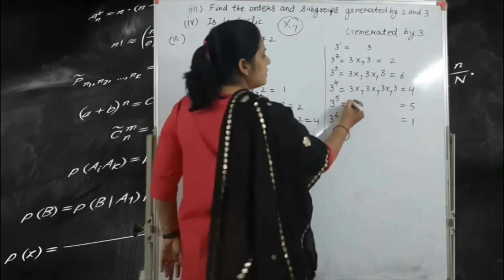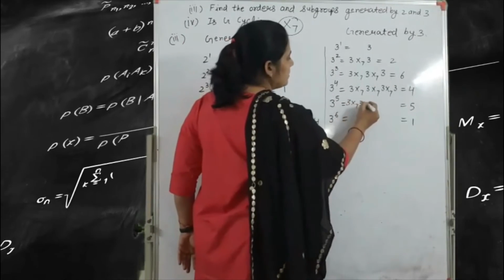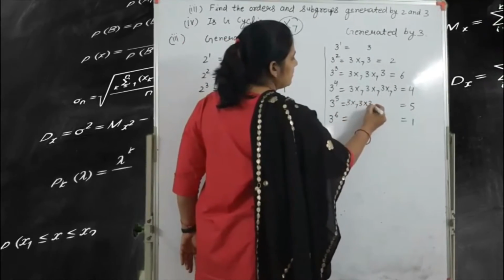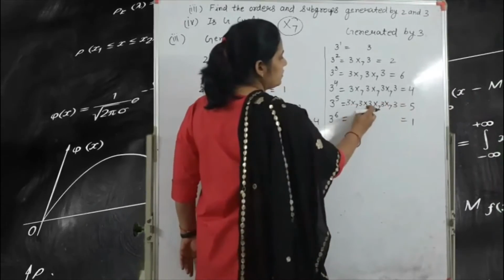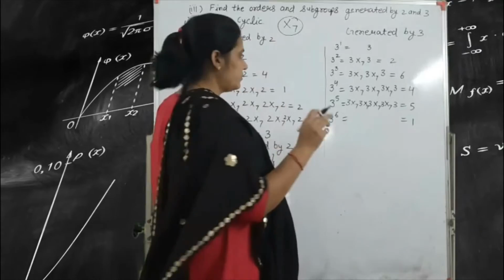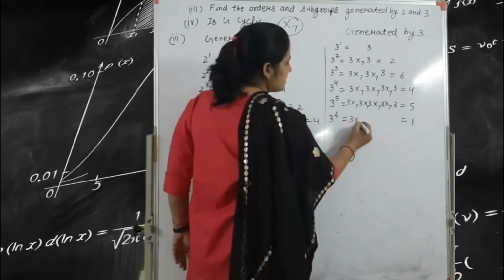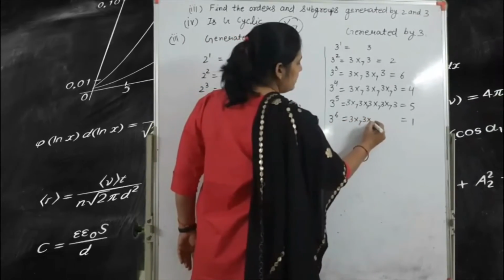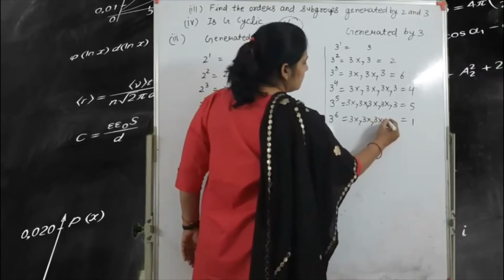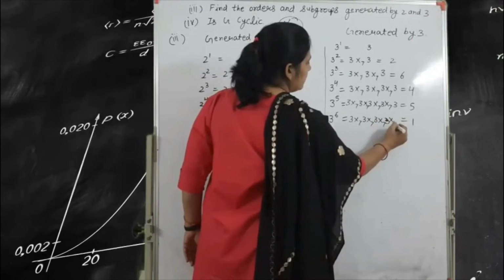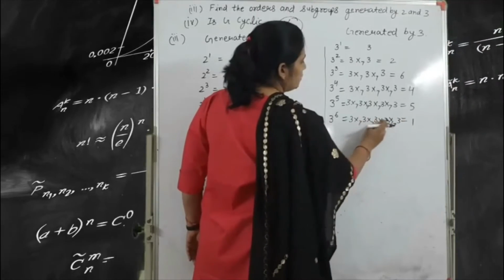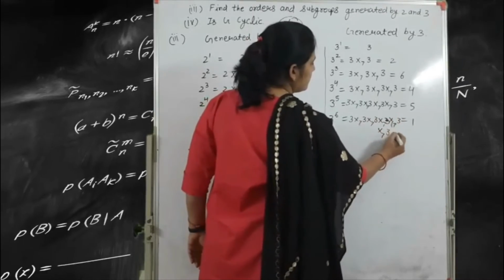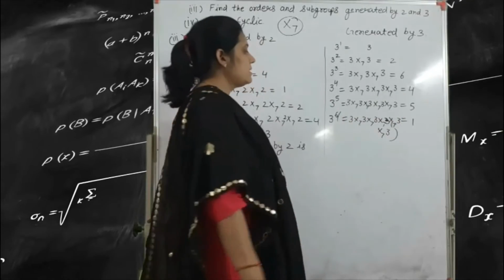That means what? Here we write 3, again 3, again 3 and again 3. 1, 2, 3, 4, 5. So the remainder is 5. Okay. Here we write the 6 times. So 3, second, third, 4, 1, 2, 3, 4, 5 and the 6. Okay. So the remainder is 1.